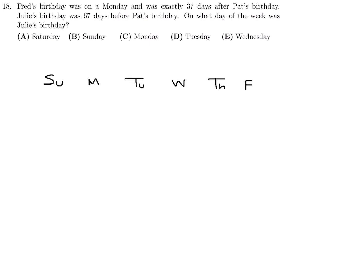And then let's first talk about Fred, right? So Fred, his birthday's on a Monday. So he's down here. And I'll just write F for Fred. And then 37 days before Pat's birthday is Fred's. So if you subtract 7, you'll get right back to this exactly 1 week before. So it's 37 days, but if you go 30 days, which is exactly 7 days less, you get right back